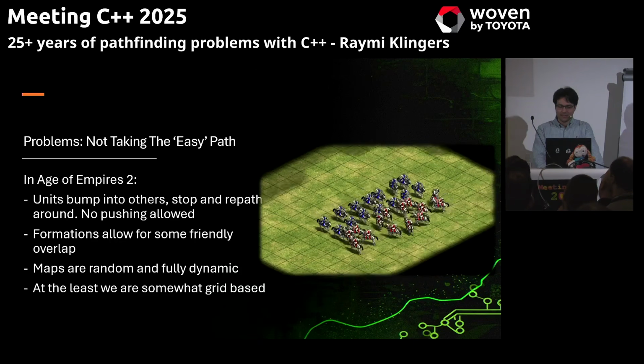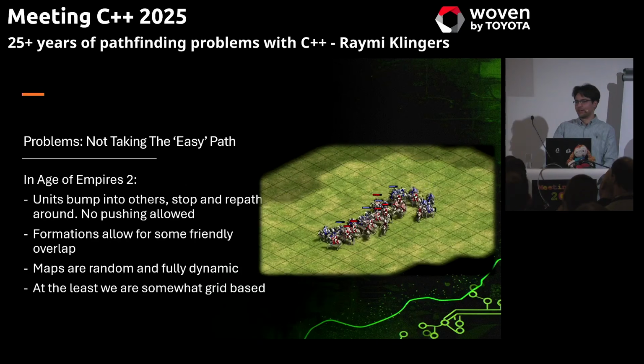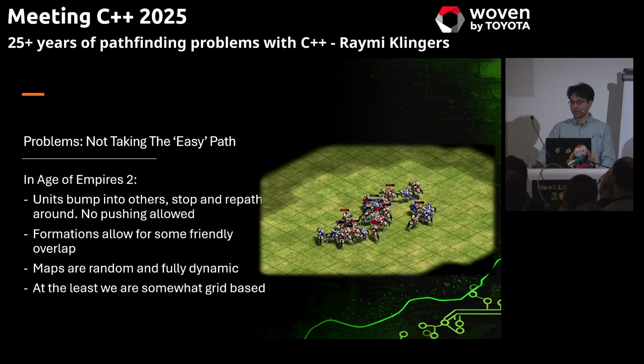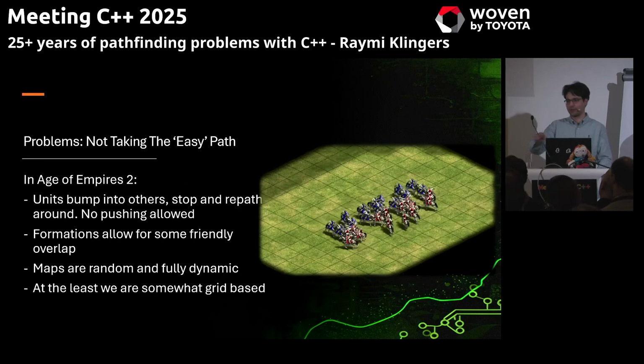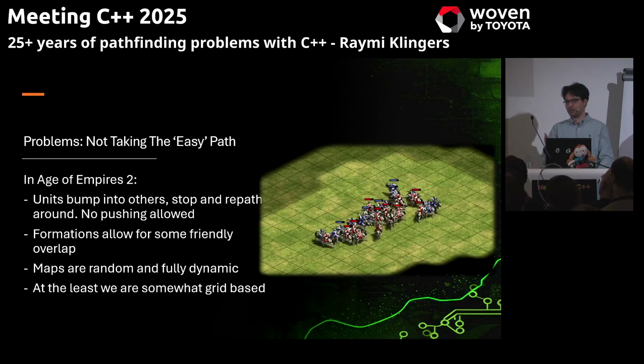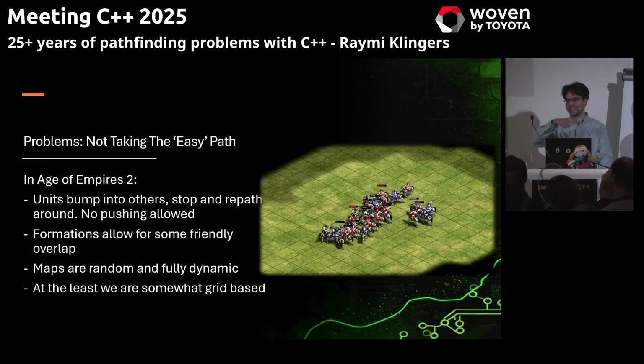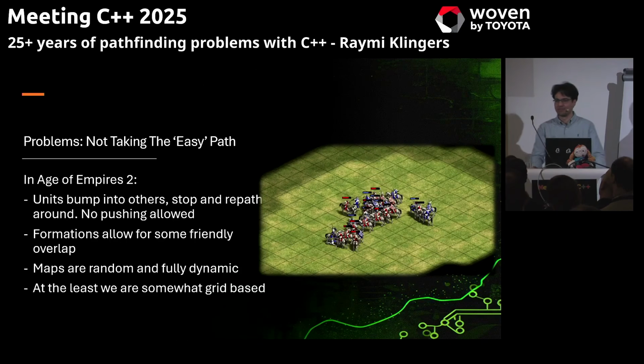Sure. So what is probably happening here is the knight chose a target, but the target was moving. And the moment he was trying to go at it, someone else blocked him, so he had to path around. In that time, the target moved to the other side, and then you get this weird dance. So it's a combination of both. Yeah, thank you.